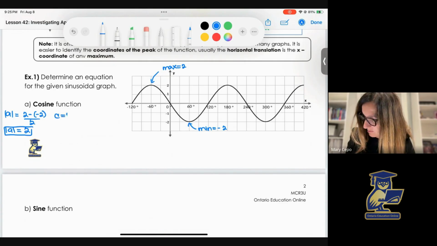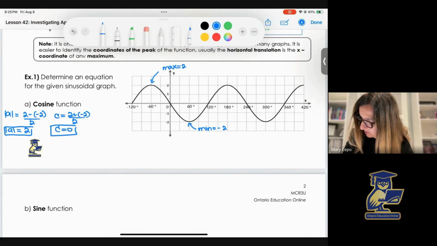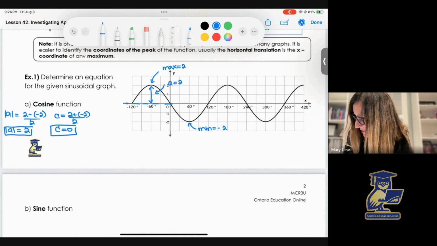C is going to be max plus my min. I don't think I have to write it out. We'll just use the numbers. 2 plus -2, and we're going to divide that by 2. So C is equal to 0. And as we can see off the graph, we could have easily said A is equal to 2, when we know that the equation of axes